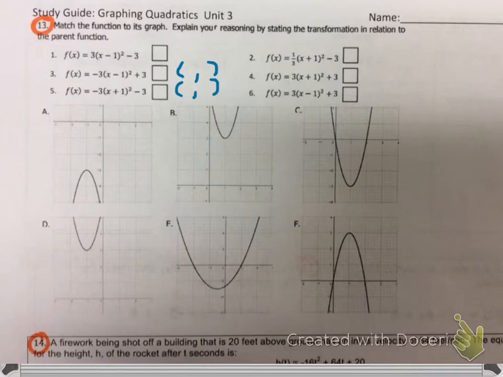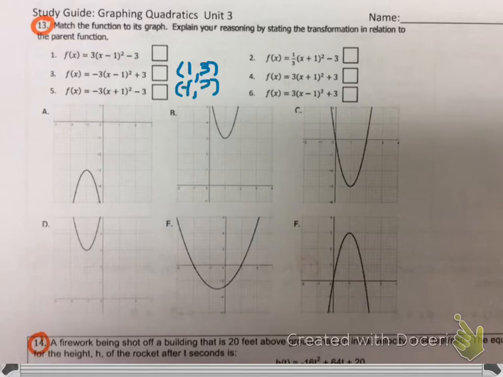In fact, all of these equations are in vertex form. So answer choice 3, the vertex would be 1, 3, because the inside parenthesis had a -1, so you flip the sign to a +1, and the back number 3 stays the same. Looking at answer choice 5, the inside was a +1, so I flip it to a -1, and the back